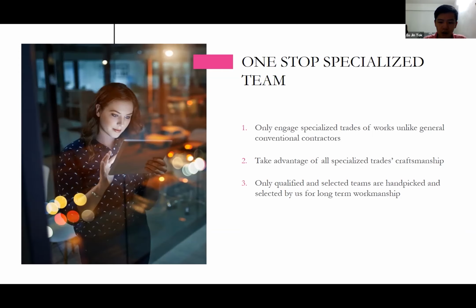Without an ID, normally general contractors would have maybe a 5 to 10 man team, who deal with and complete all types of trades. That's what makes us a more specialized team. Compared to that, we are able to let the owners enjoy the workmanship of all kinds of specialized teams, so that over the time no one will be able